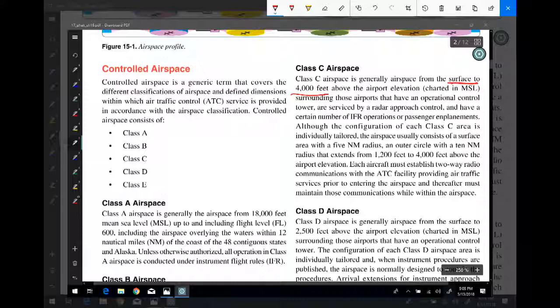Again, that varies. It's going to be kind of a two-layered type of thing, and we'll look at that here in just a little bit. But you're going to have something from the surface to 4,000 feet, but then you could also have a shelf on that outer circle, up to 10 nautical miles radius from that airport, from about 1,200 feet to 4,000 feet AGL. So it's like an upside down wedding cake is kind of what that looks like, okay? So that's Class Charlie, and Albuquerque and Colorado Springs are two of the ones that I'm just thinking of here.